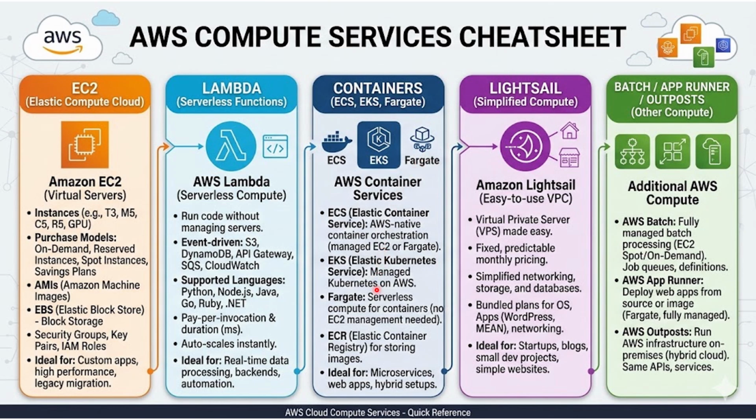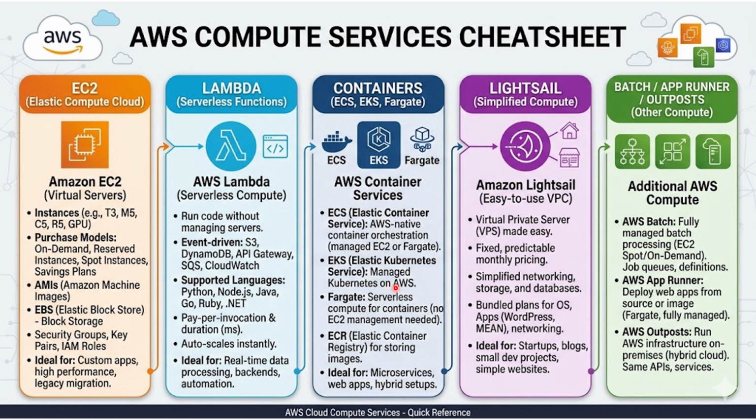Then we have Fargate, or serverless containers. When you are running ECS or EKS, you must decide where the container physically executes. You can register traditional EC2 instances as workers, which forces you to manage the underlying server scaling. Or you can select AWS Fargate. Fargate turns your container environment serverless. You simply request explicit CPU and memory allocation for a container manifest, and AWS is going to provision the isolated